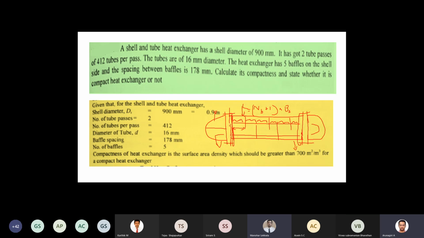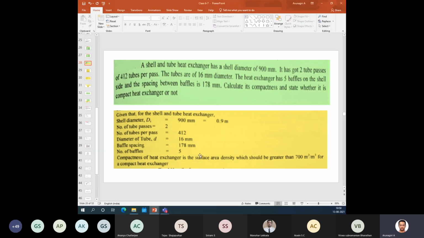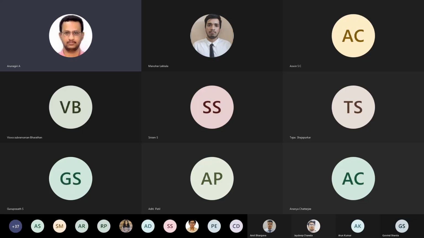So like this you can calculate, but anyway this is approximated. This will give the effective length of the exchanger. So in shell and tube heat exchangers we can see in detail what it is. In detail we can study about baffles, those things. Okay. So anybody else having doubt? Compactness is calculated like this. Okay. So I end the slide so I can go to design of heat exchanger.